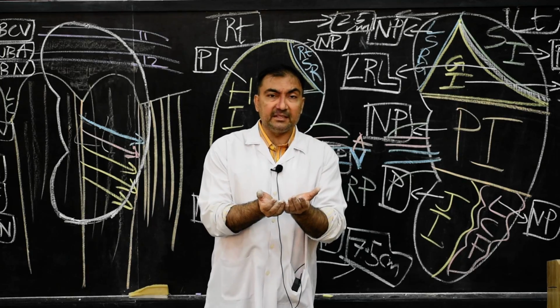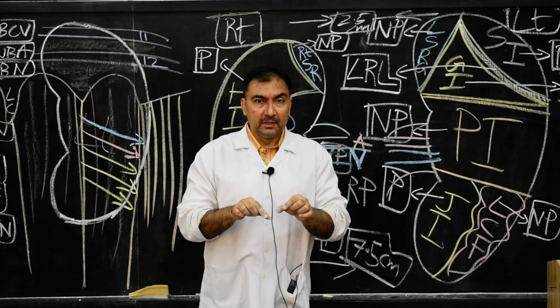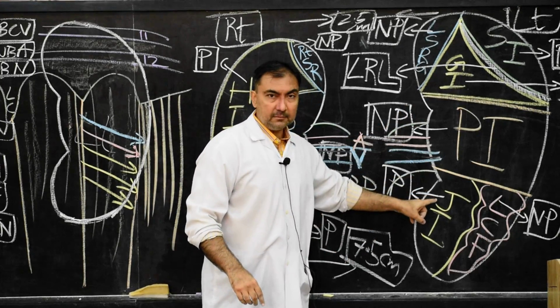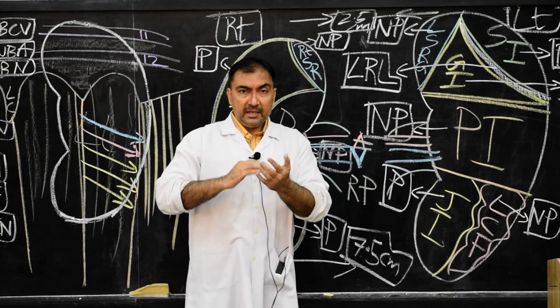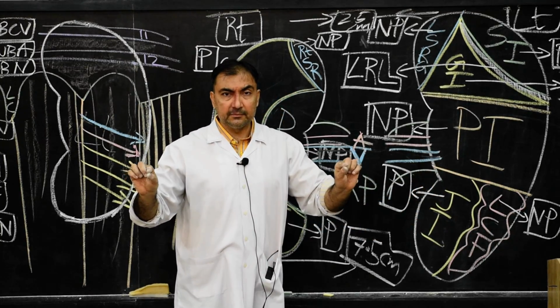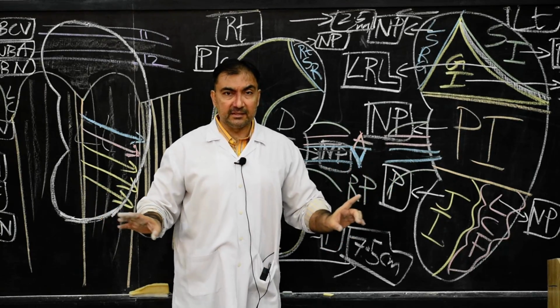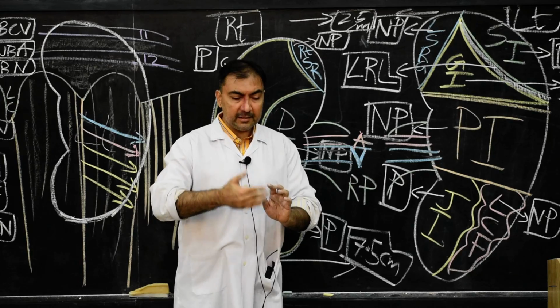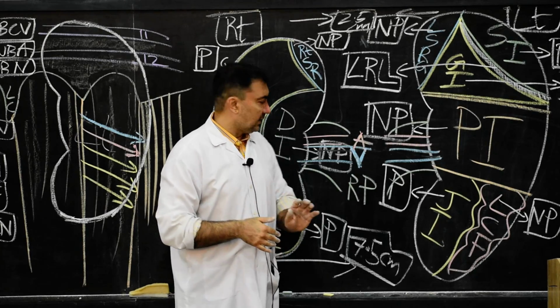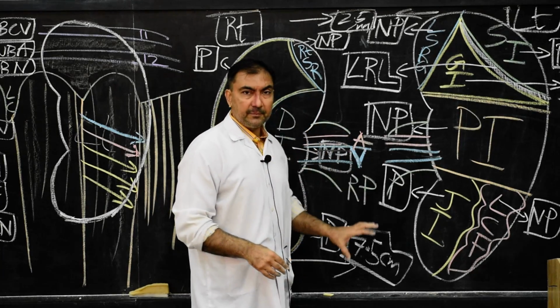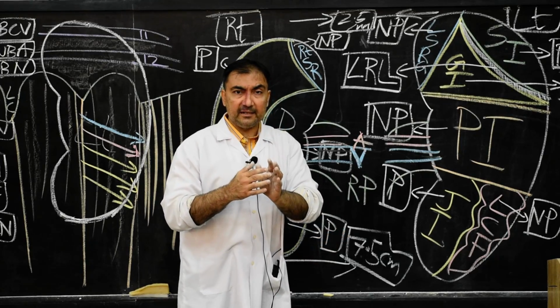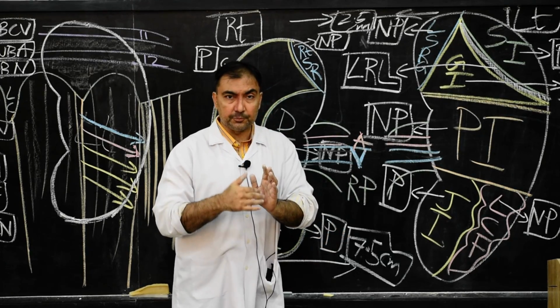So when we take the kidney in our hand, we locate the hilum. The hilum is present at the medial border, and at the medial border hilum, anterior to posterior, renal vein, then renal artery and renal pelvis. So vein, artery, pelvis, anterior to posterior. These are the structures that are arranged at the hilum of the kidney, anterior to posterior.